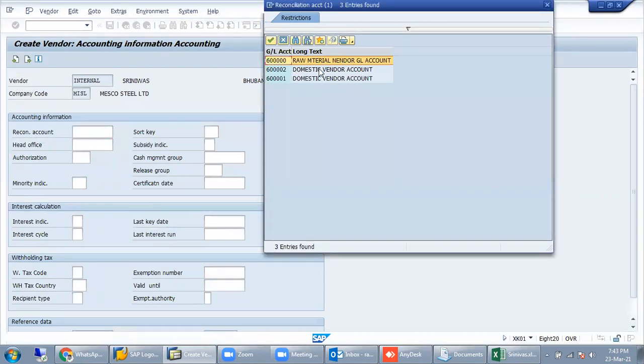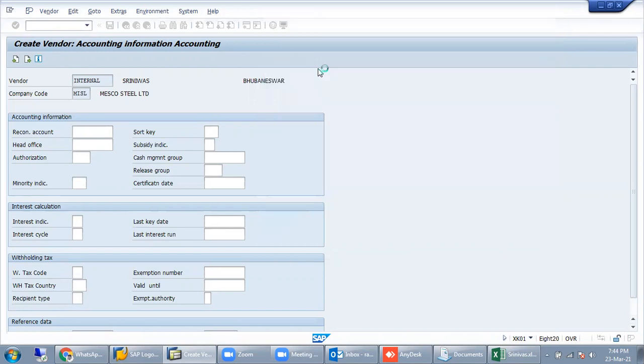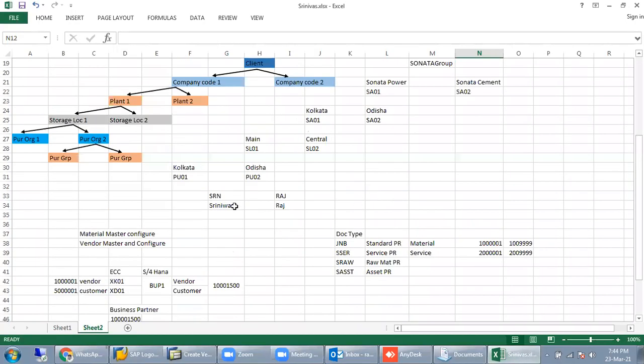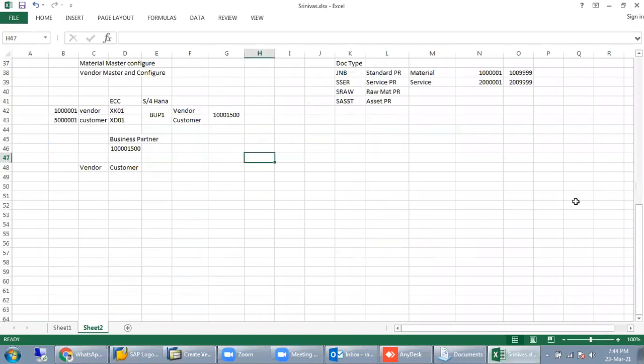Reconciliation account is required to merge similar vendors into one GL. Suppose we have 10,000 vendors. In that case, when we export the trial balance, that is a FI part, I am just telling you for your knowledge.